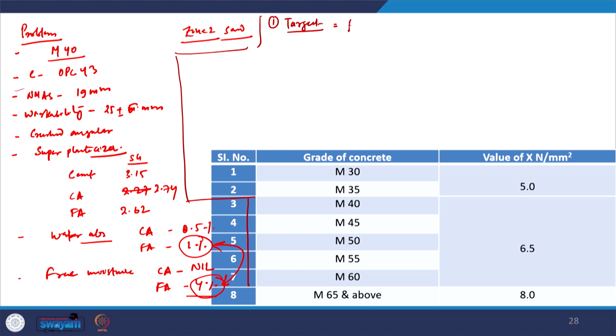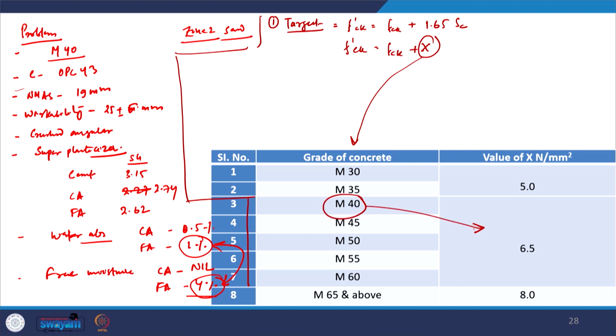The first formula is F dash Ck equals F Ck plus 1.65 into SC, and the second is F dash Ck equals F Ck plus x. Here the value of x is a function of the grade of the concrete. In our case it is M40, so the value is 6.5. So F dash Ck becomes 40 plus 6.5, which is 46.5